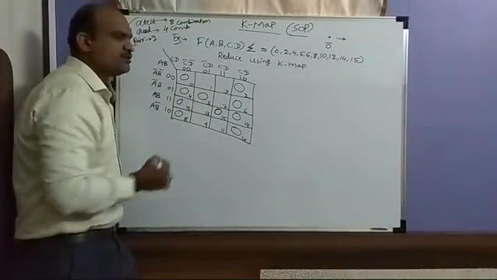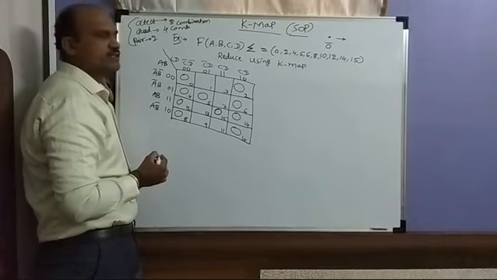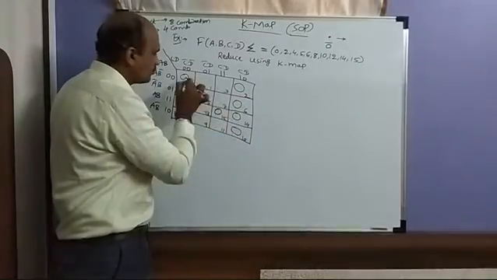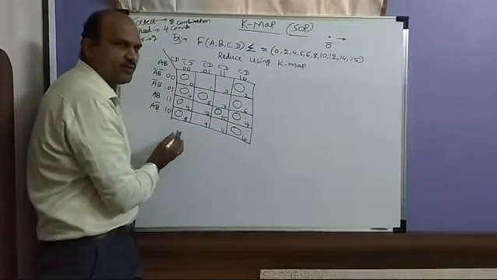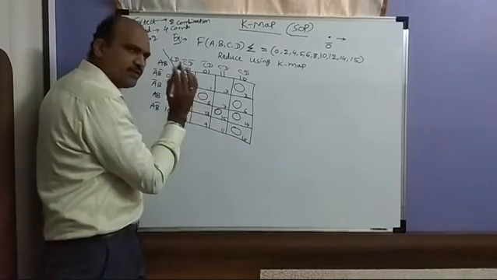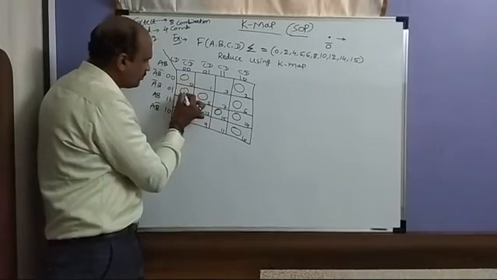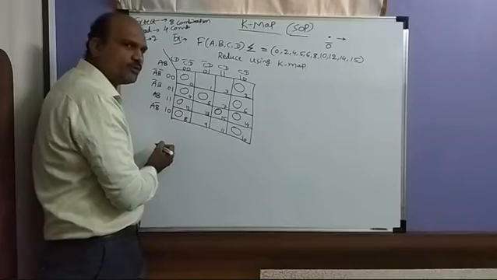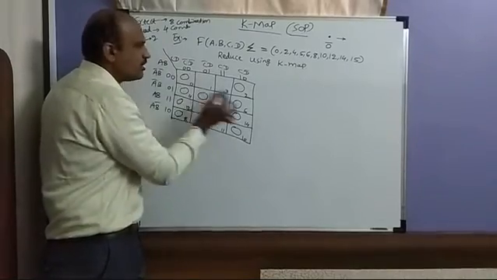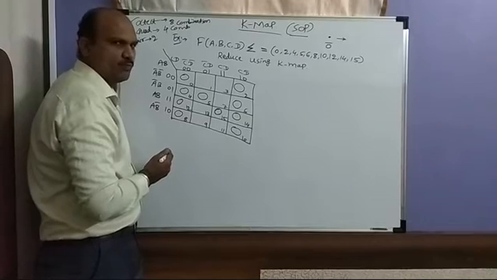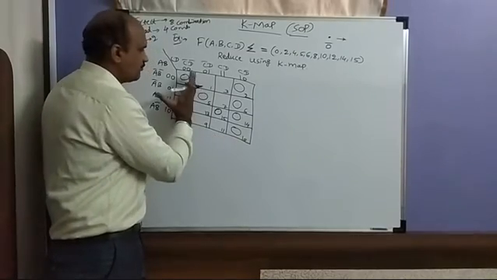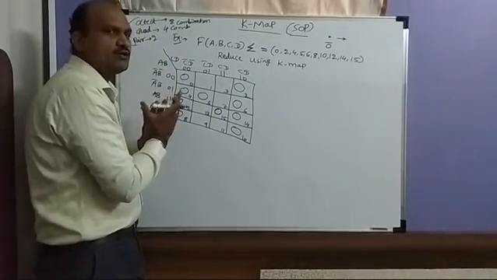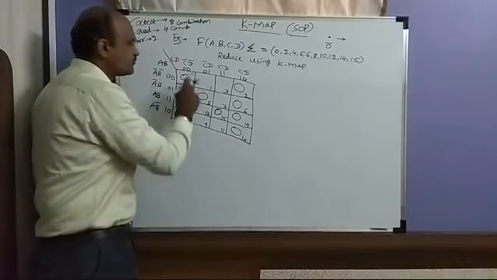First we will check for the octet, that is 8 combinations. So here you go column-wise and row-wise. See here, very important, and lastly adjacent also. Now you can see clearly here. Here 1, 2, 3, 4 are there. 1, 2, 3, 4. Suddenly you might say this one is one quad, this one is one quad. No, because there are two edges. If you combine these two, these 4 and these 4, it becomes 8. So that's why you have to write the octet first. Don't do the quad here.